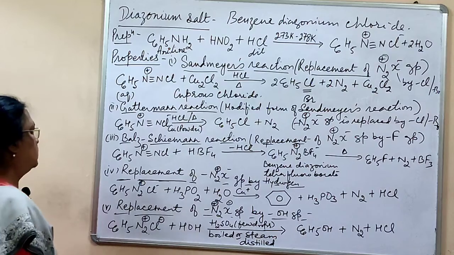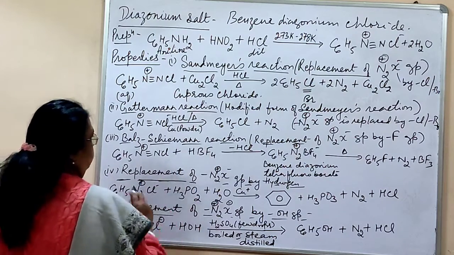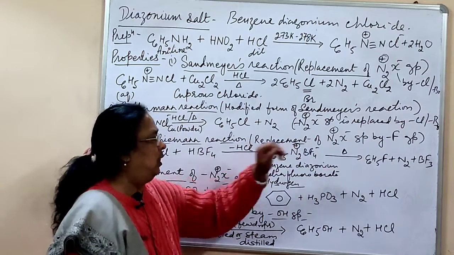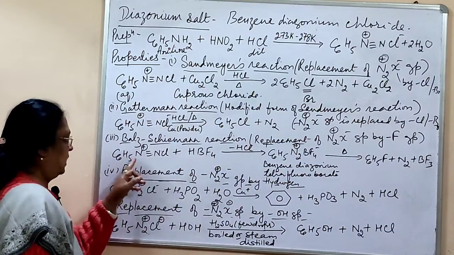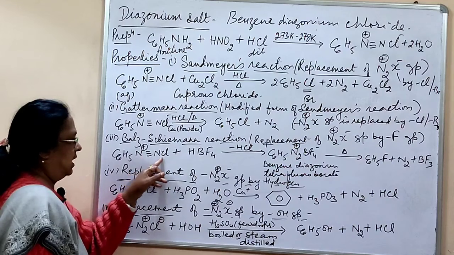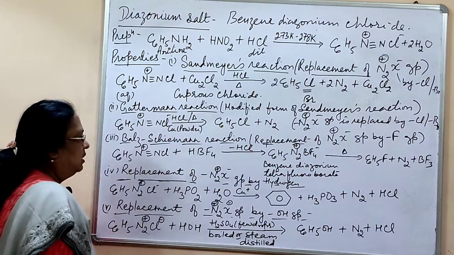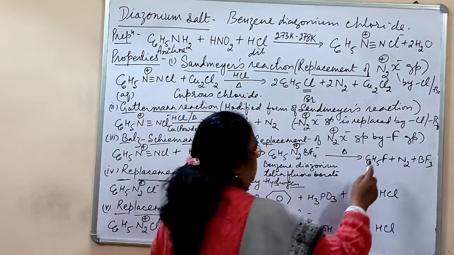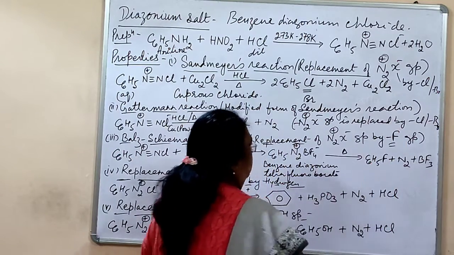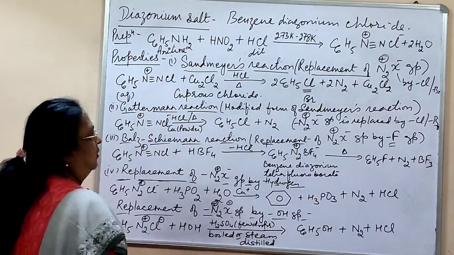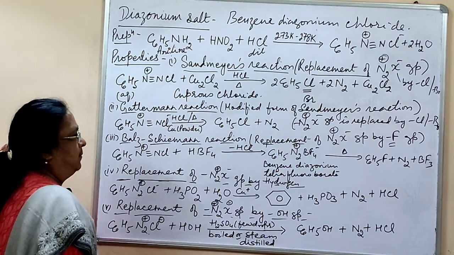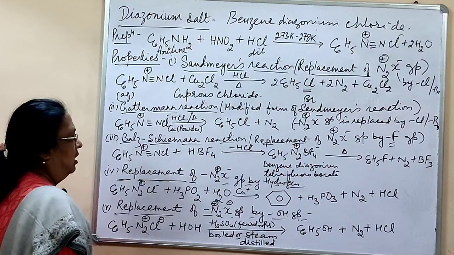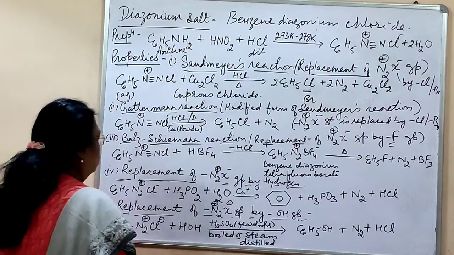The third reaction is the Balz-Schiemann reaction. In this also your N2X group, N2 plus and X is your halogen, is replaced, this time by a fluoro group. The first two reactions were for replacement of the diazonium chloride group by a chloro or bromo group, but in the Balz-Schiemann reaction by a fluoro group. So